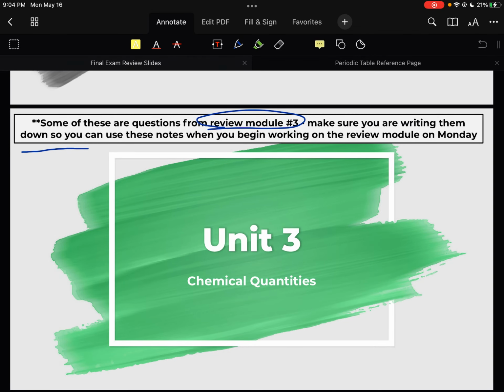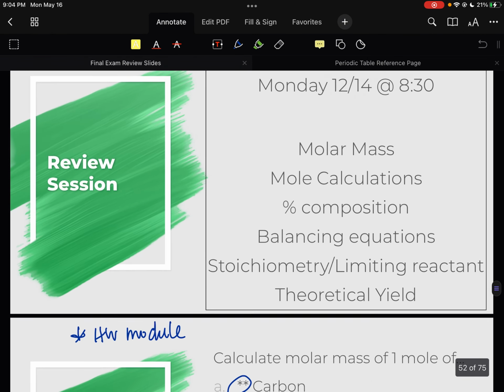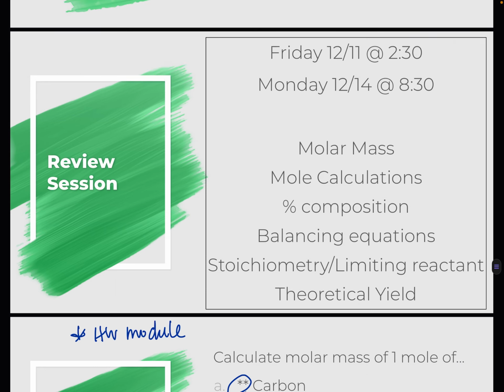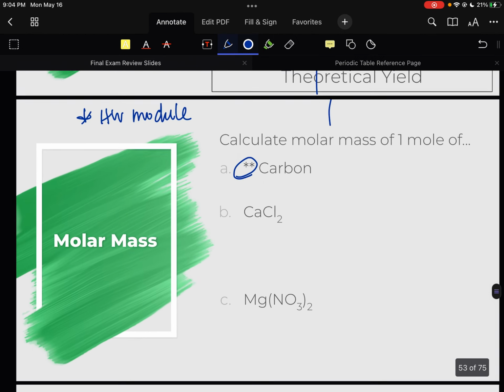This video is going to cover Unit 3, which is all of the calculations, so the mole quantities, converting moles to mass, to molecules, and then empirical formulas, molecular formulas, percent composition, things like that. Limiting reactant, those types of concepts. So the first thing